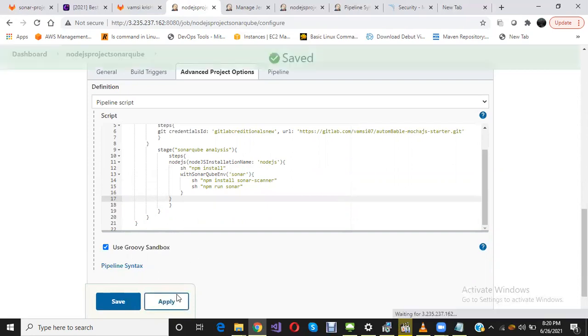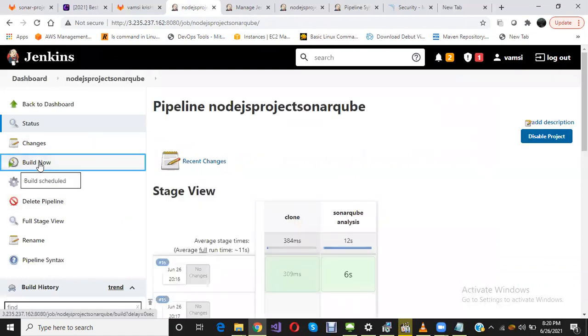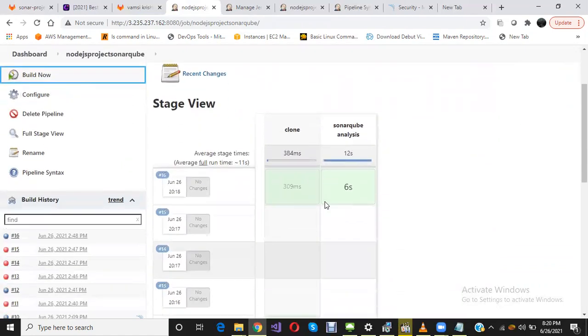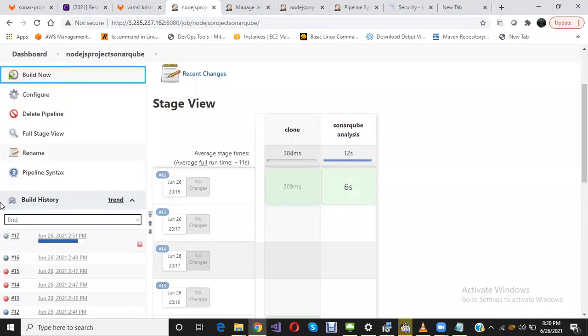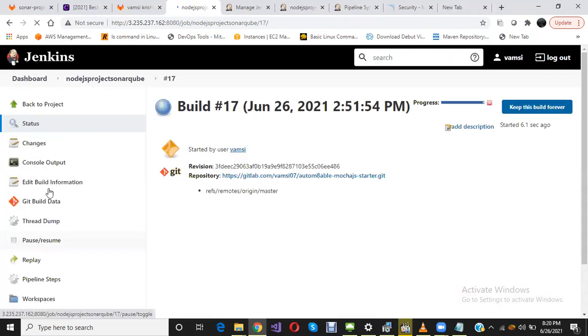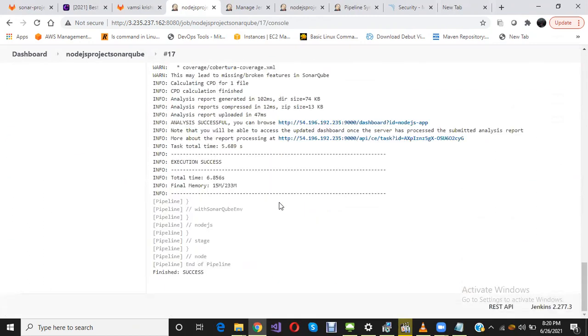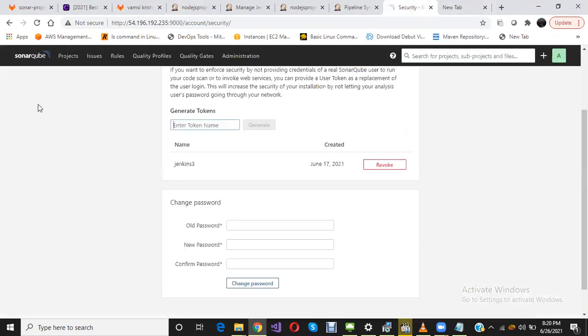Okay, and build now. So what happens now? Now my SonarQube report is generated in the SonarQube dashboard.